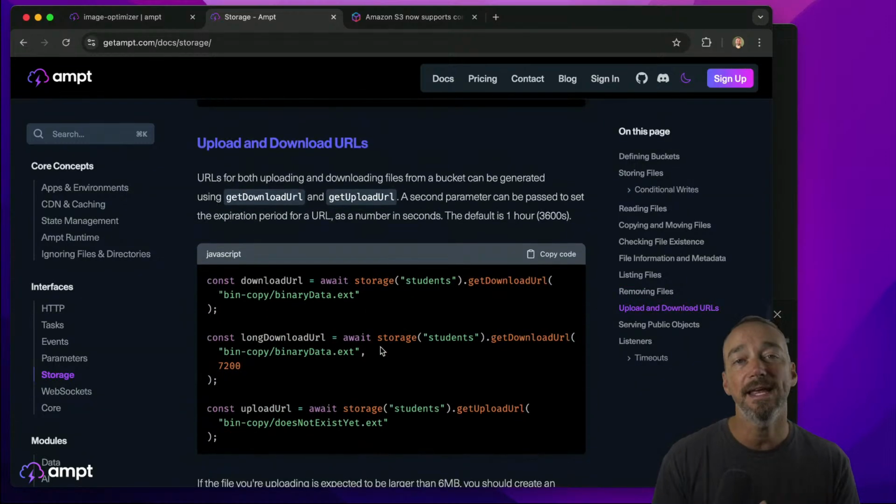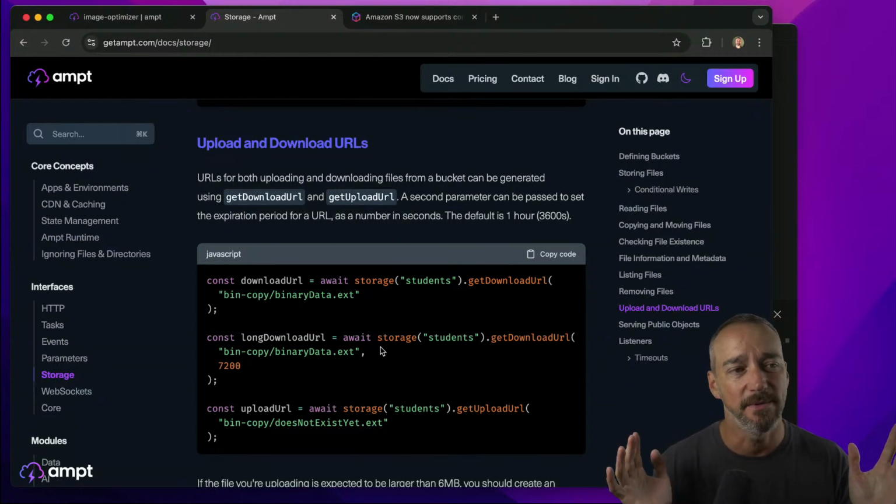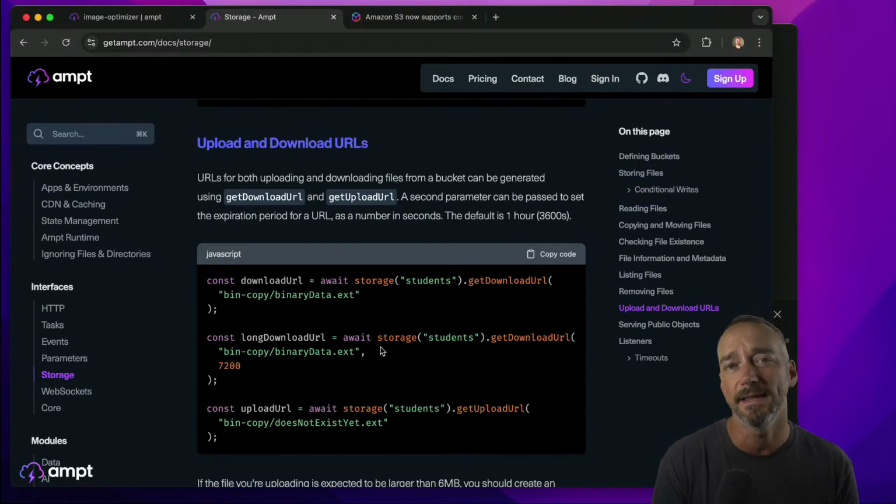And then you can actually create upload and download URLs. So if you've ever used S3 in the past, if you're uploading a file through a Lambda function, then there's a 6 megabyte limit for that. Again, it depends on how you build your application, but if you do use a Lambda function to do that, you're only going to be able to upload 6 megabytes. So if you have a really large file that you need to upload, it won't work through a Lambda function, unless you somehow figure out how to chunk it or something like that,